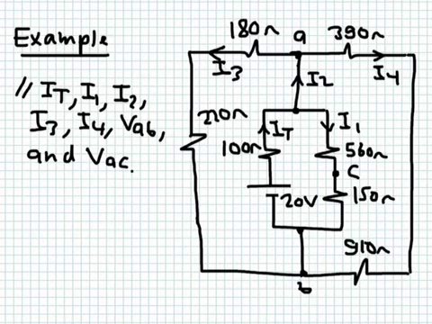Okay, we have one last example. We have here this circuit. We have one source, we have a number of resistances. We are being asked to calculate the current IT supplied by the source. This is the current supplied by the source. Find the currents I1 and I2. Find the currents I3 and I4. Find the voltage difference VAB, so the voltage measured between these two nodes here, and the voltage VAC between these